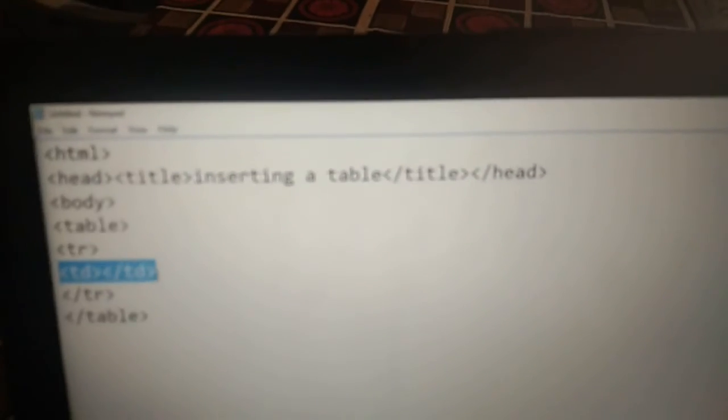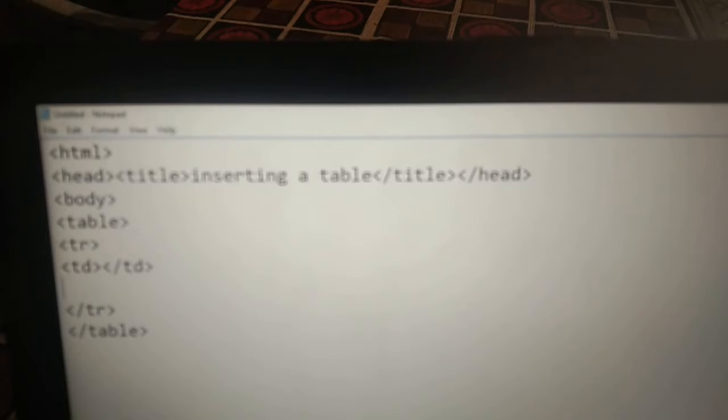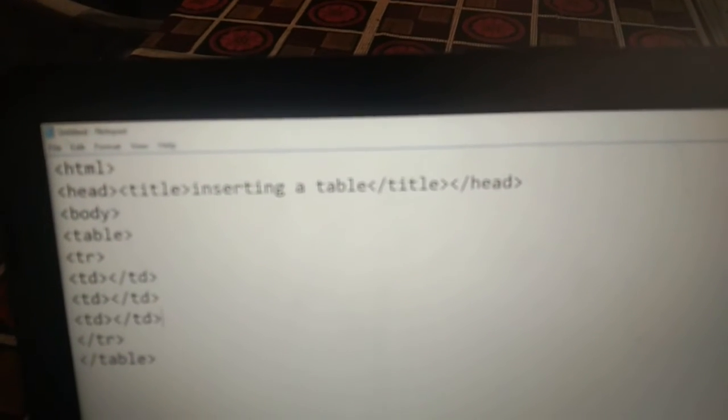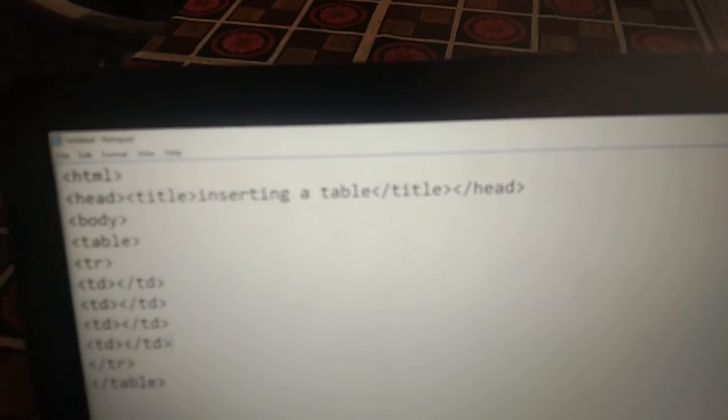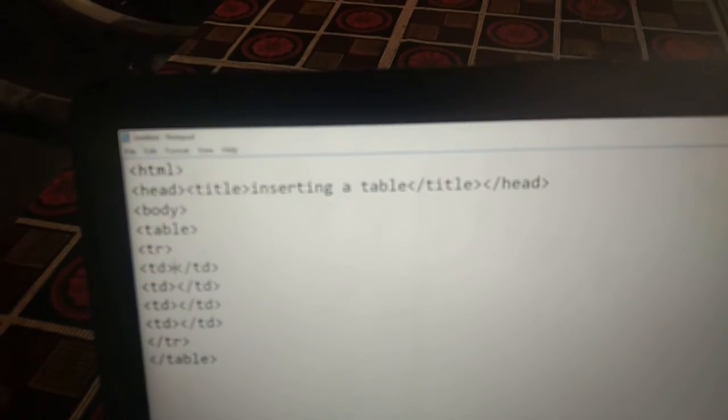If you want more cells, just copy and paste here. In between these columns, you may create a table.